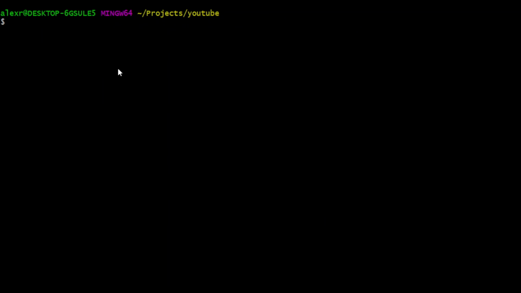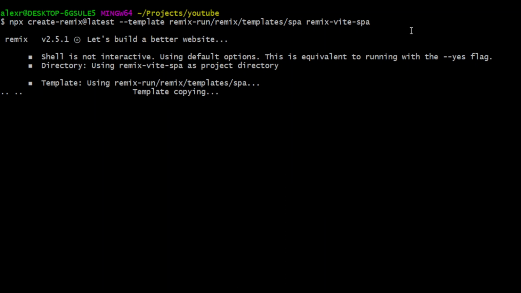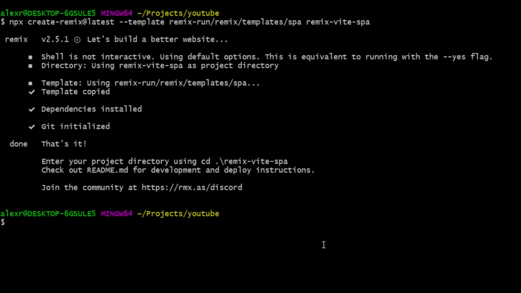Let's go ahead and install Remix SPA. We're going to use the following command, npx create-remix, and we're going to be using the SPA template, and we're going to put it in the remix-vite-spa folder, because in order to use SPA, you need to use Remix Vite. Let's go ahead and cd into remix-vite-spa,